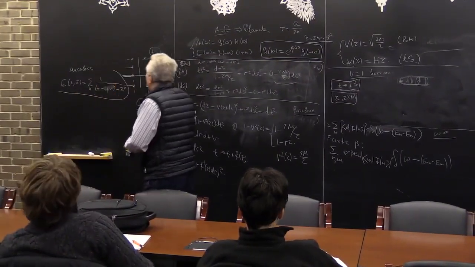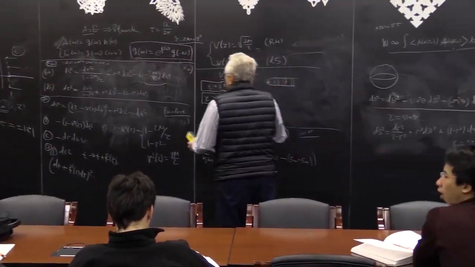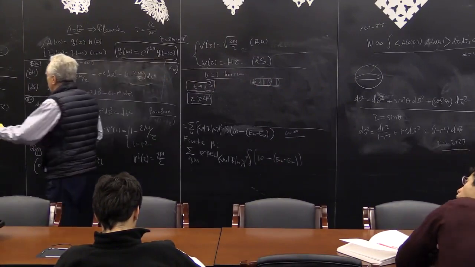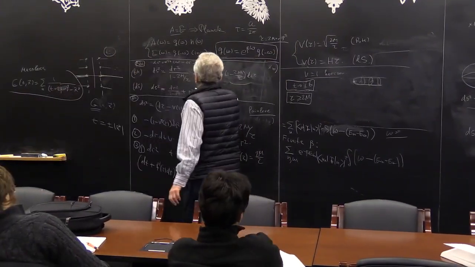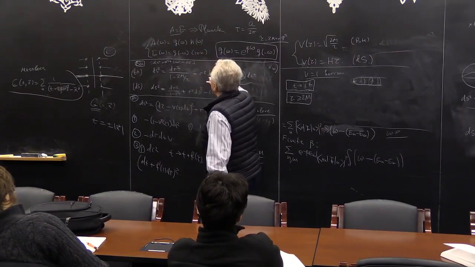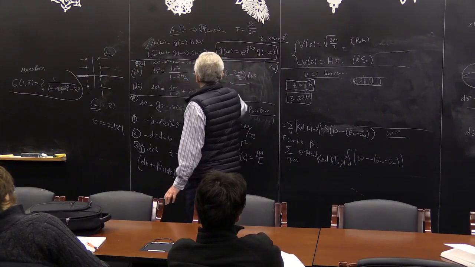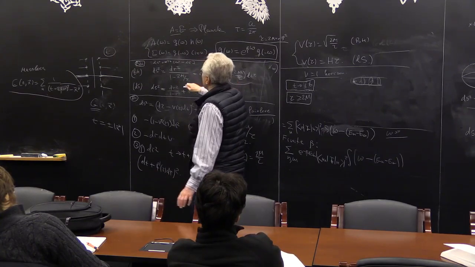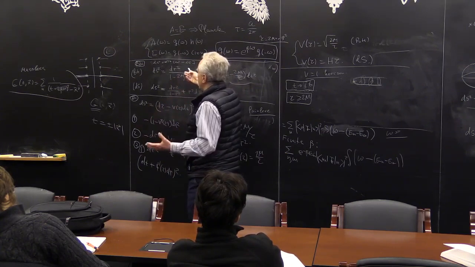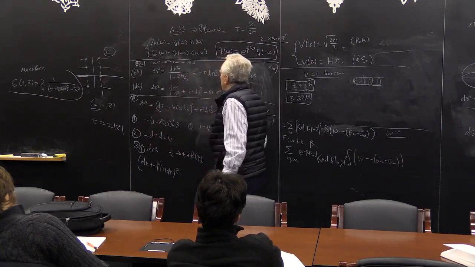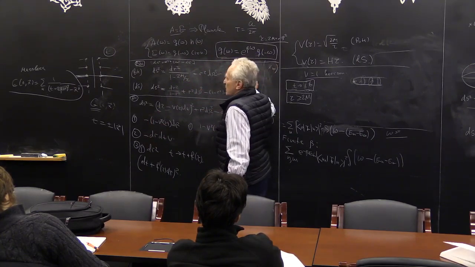Yeah, in principle you can, but in this case this term becomes negative, this term becomes positive, so there are different possible analytic continuations which you have to think about,